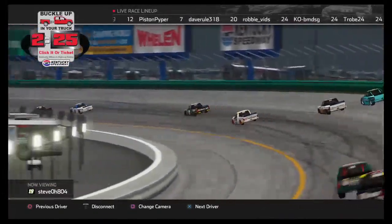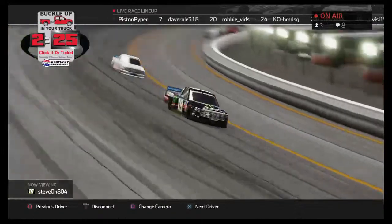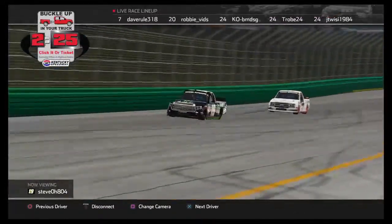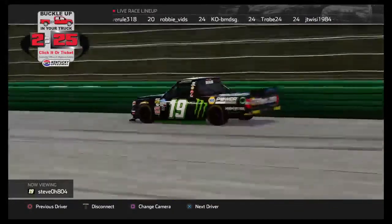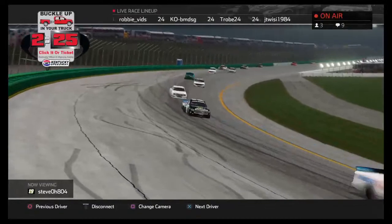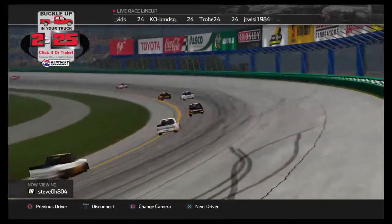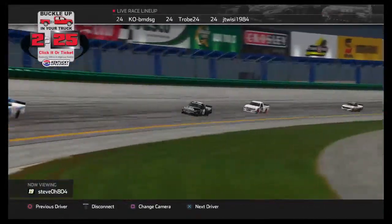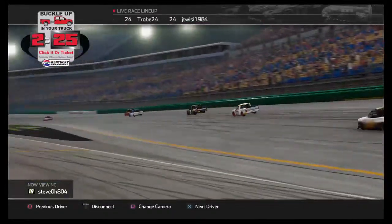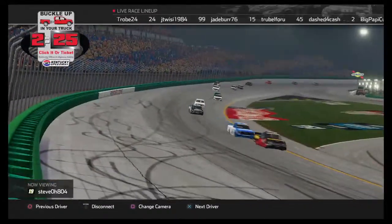There he is. We're getting a good look at him. He's got Tony Camerata, Jimmy Best, Jeff Parker behind him, and he's still right there with Josh Colm-Diaz and Jade Burr, so he's still in good company, still has a good shot at this. And speaking of Jade Burr and Josh, they're battling for that 3rd position now, trying to figure out who's going to make a run at Jarrett Reese. And Puddin', is it too late for these guys to start maybe drafting to see if they can catch the leader, or...